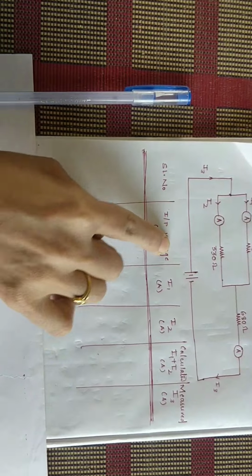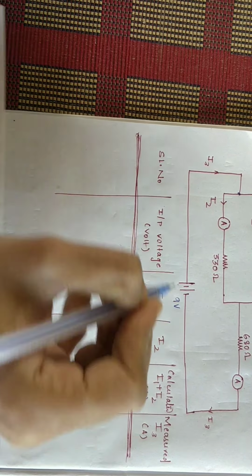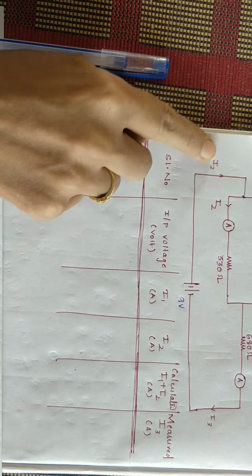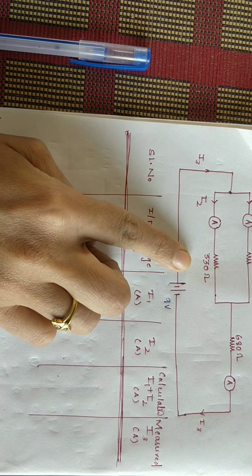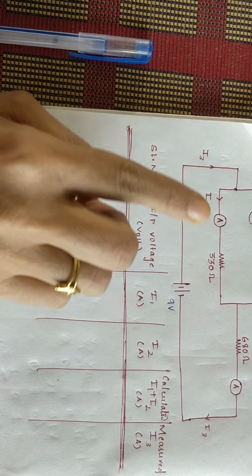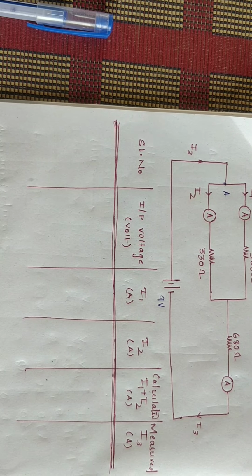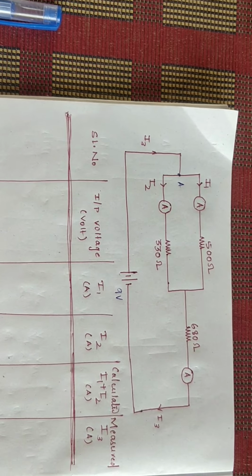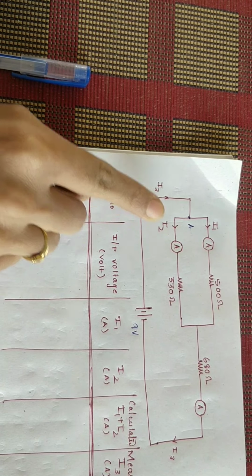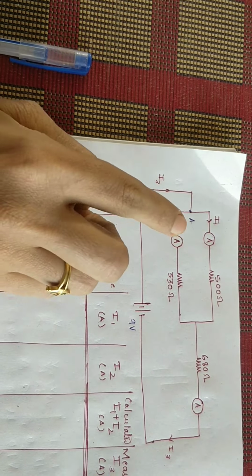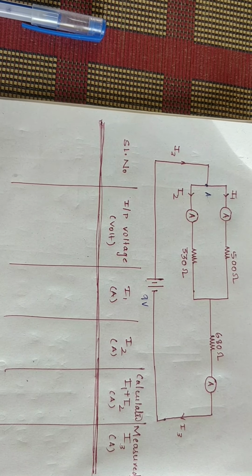Here you can see there is a circuit where we have a voltage source. Here we will be taking the voltage source as 9 volt. Then next we have 3 resistances through which we will be calculating the current values. If I consider a node over here, suppose this is node A. At this node A, I need to verify Kirchhoff's current law, meaning the total incoming current should be equal to the total outgoing current, meaning I3 should be equal to I1 plus I2. So by using this circuit, I will do the verification of Kirchhoff's law.